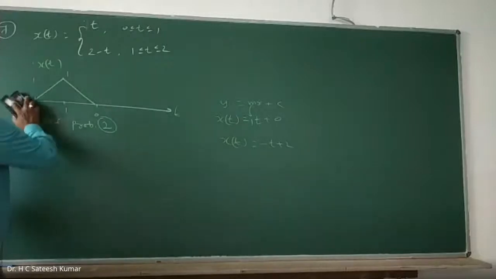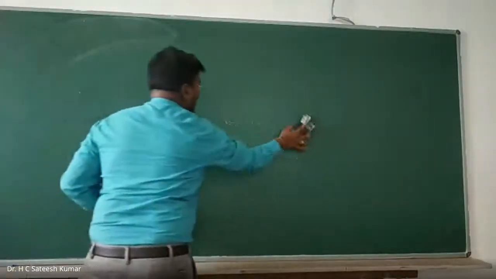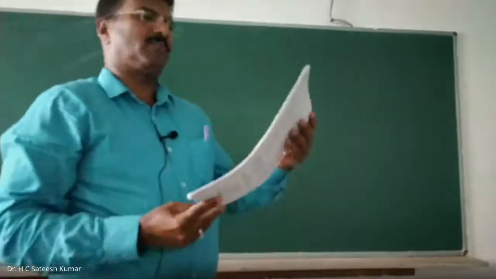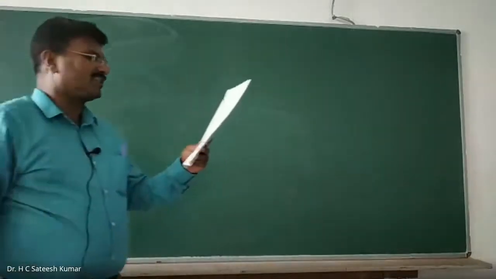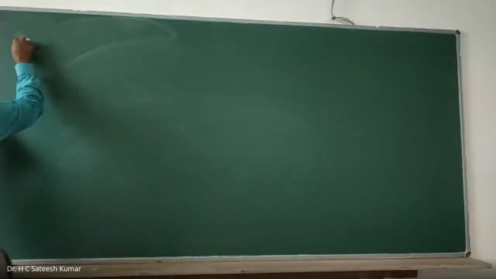Refer problem number 2. Now, sometimes they give the signal in the form of an equation. I'll take one from one of the latest examination papers, from January 2020. A simple problem. This is also taken from your prescribed textbook, Simon Haykin. Find even and odd components, 3 marks. Problem number 8.